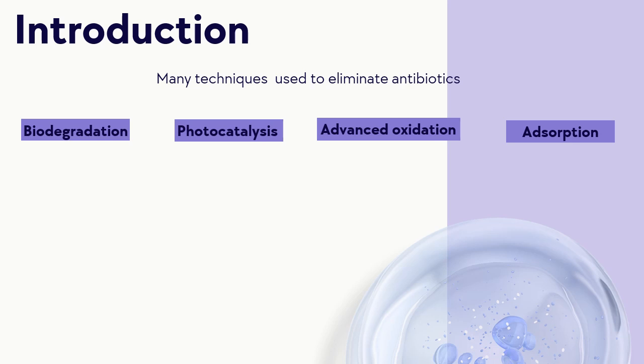However, the overall efficiency of sulfamethoxazole treatment is still low. The material fabrication process involves multiple steps, making it time-consuming and costly, and it is challenging to recover the material